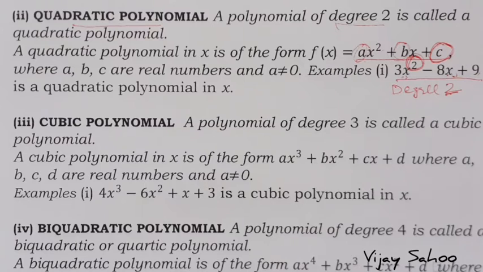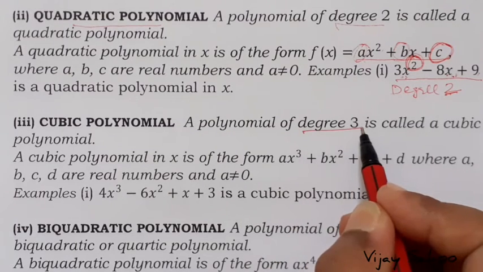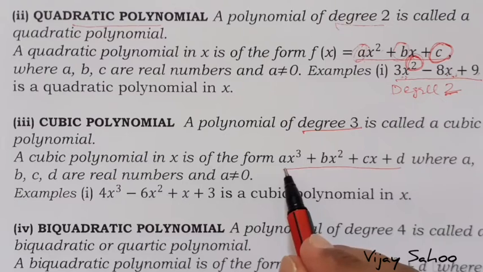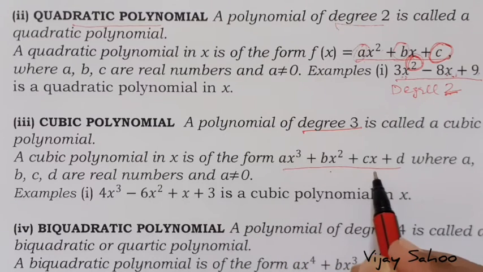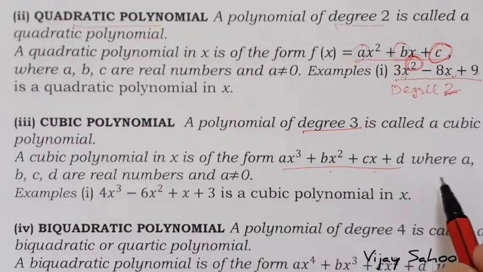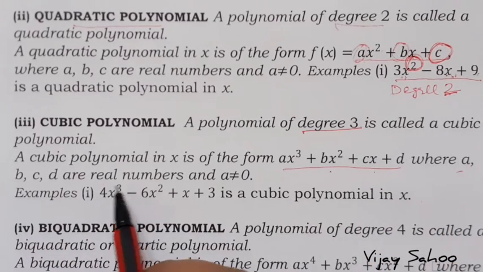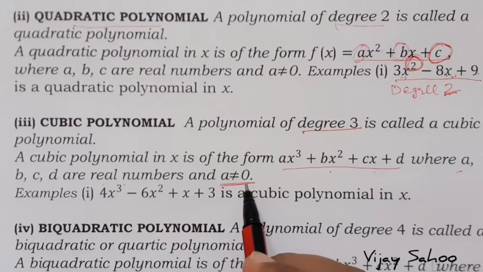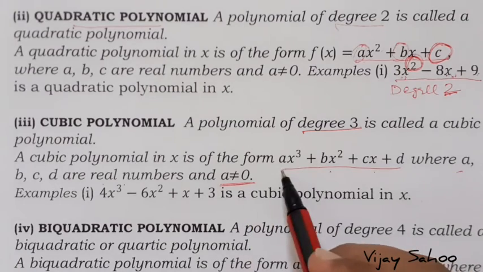Okay. Now same way, cubic polynomial. The term cube itself says that degree will be 3. The degree, again the highest power, will be 3. So for it again we will be having a standard form. You could see that ax cube plus bx square plus cx plus d. Again a condition: a, b, c and d are real numbers. They are real numbers, which means either rational or irrational, but the condition is that a should not be equal to 0. Because if this a is 0, it means no x cube will be there.